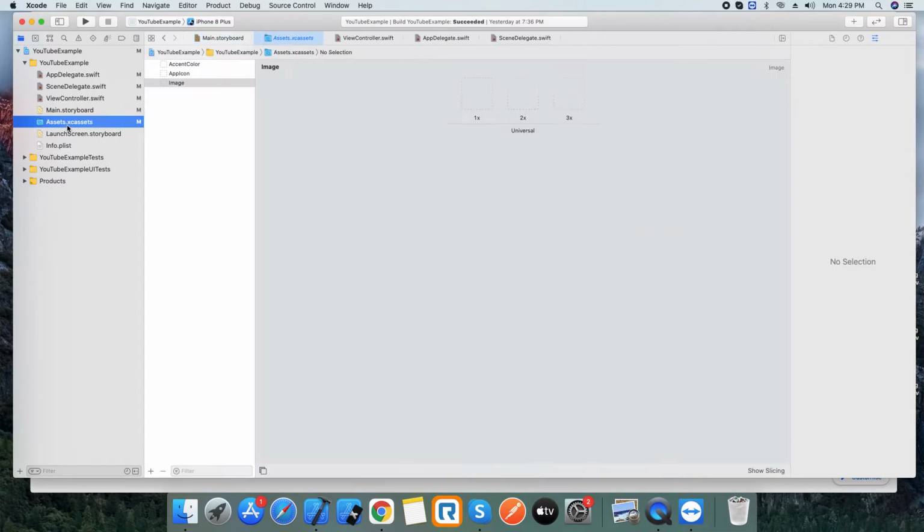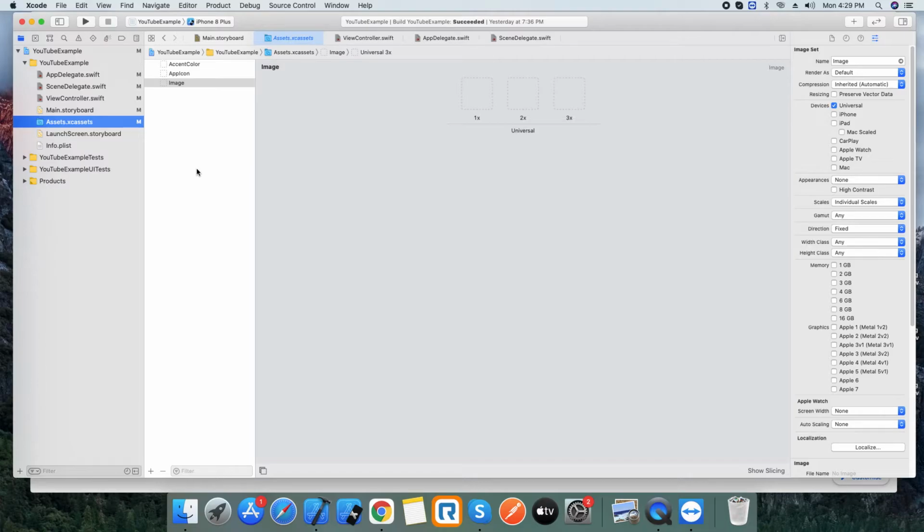And assets. By default we get a few icons from Xcode, but if we want any customized icons we need to integrate them here. Let me show you one. Like this, we create an image set and give it a name, for example, logo for our application.